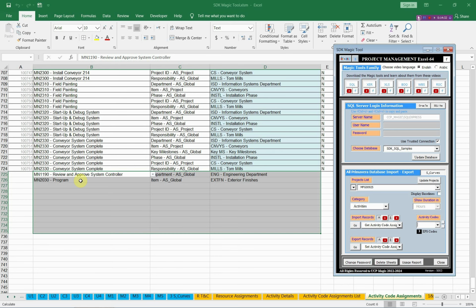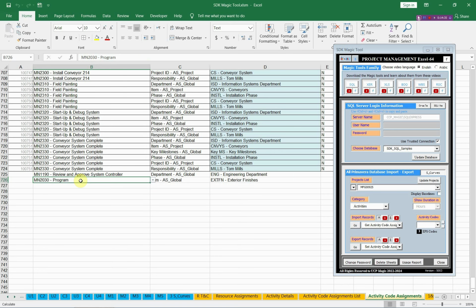This is only an example of how easy it is to use the SDK Magic Tool to export data to Primavera, and you will also be sure that all records you send to Primavera are correct, and you will not make any mistakes when you export data to Primavera. This was the first